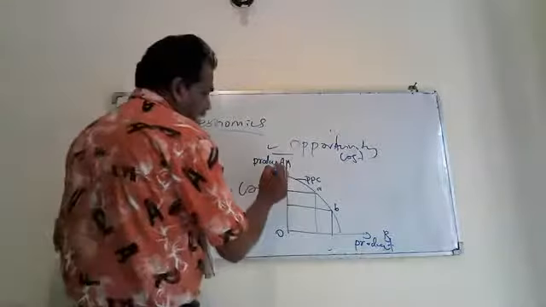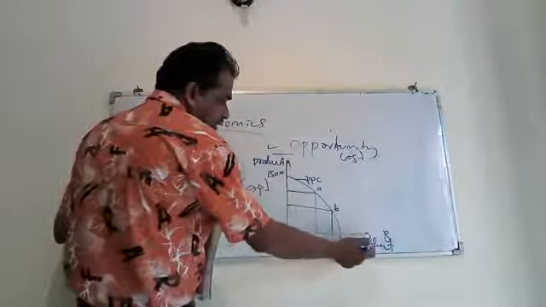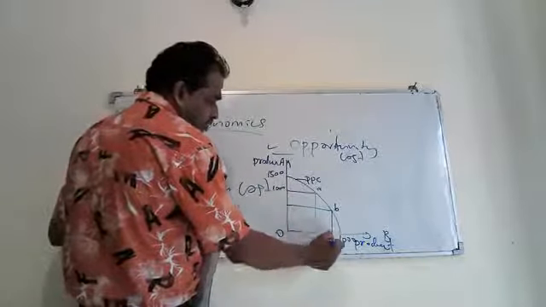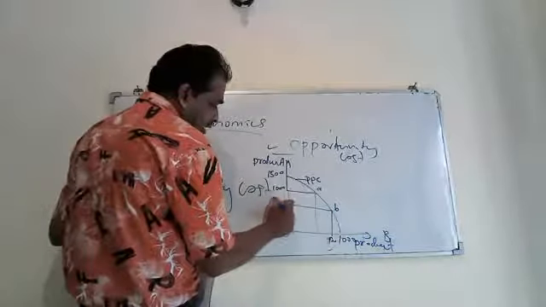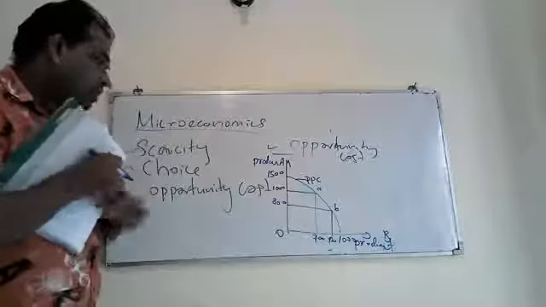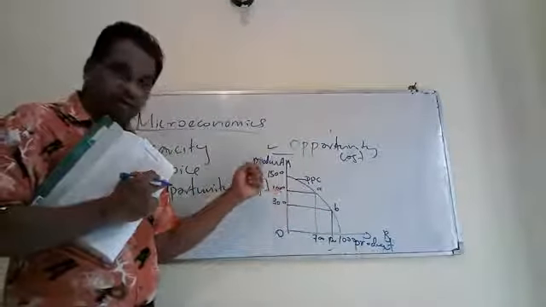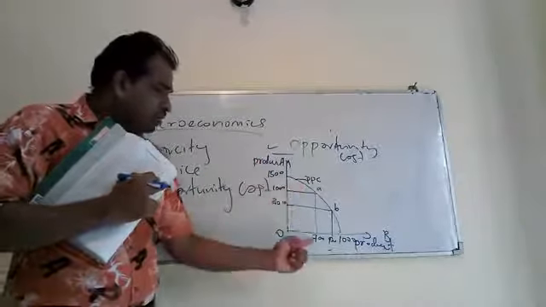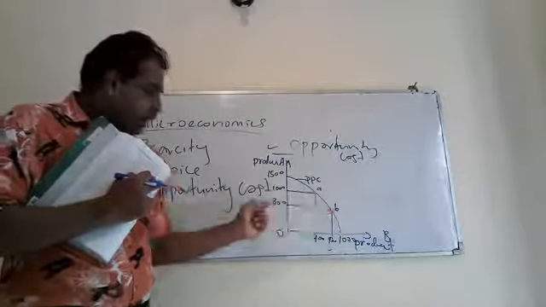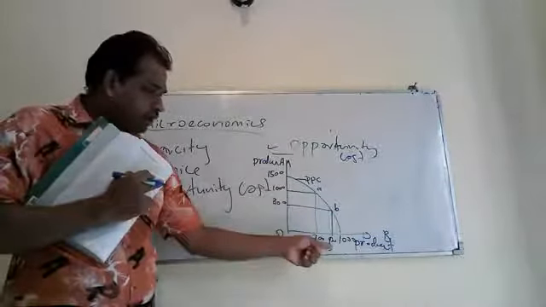If you take here 1,500 from product A, 1,000 from product B, you take this one, this is 1,000, this is 900, this is 800 and this is 700, right. If you select combination A, you can produce 1,000 from product A and 700 units from product B. If you select combination B, you have to select 800 from product A and 900 from product B.